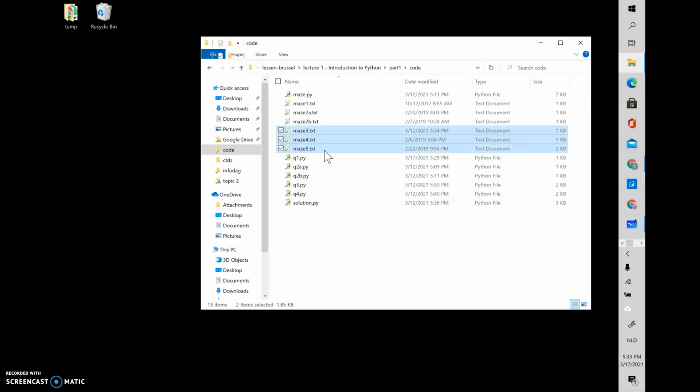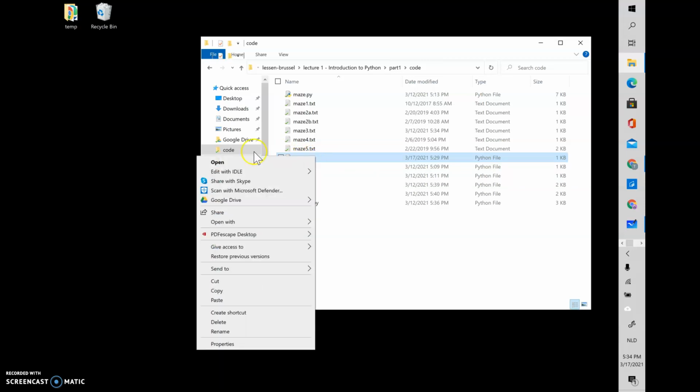And these files are helper files. So a file with code in order to navigate through the maze. And here are some files that define the maze itself. So what we want to do is we want to make our exercises, and we want to start with the first exercise. So in order to open the file in which we need to make the first exercise, q1.py, right click on it,